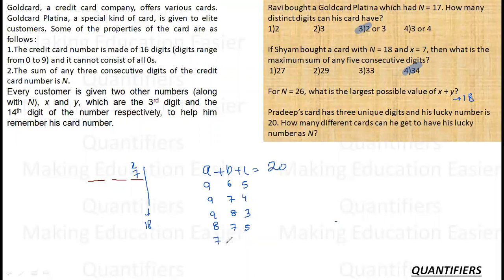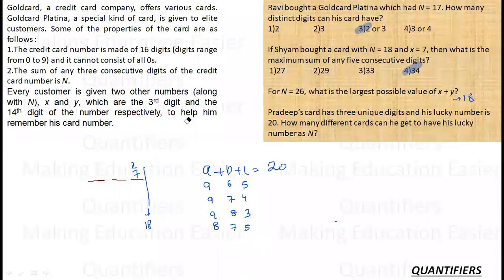Let's try to keep it as 7. So if this is 7, the rest is 13. How can I get 13? 7 and 6 is not possible. Repeating. 8 and 5. 8, 5, 7 is already taken care of. Okay. And then it will be 7 and 9. No, sorry, 7 and 8 is done. 7 and 6 is done. So is there anything left? 4 and 9 is already taking place. 3 and 10 हो नहीं सकता हमारा.